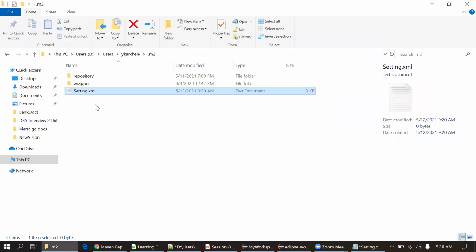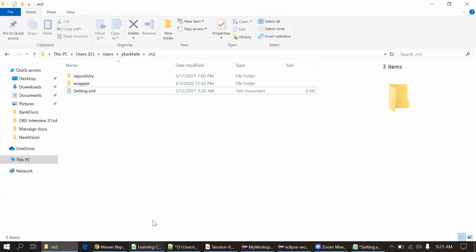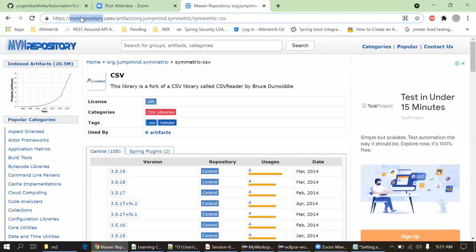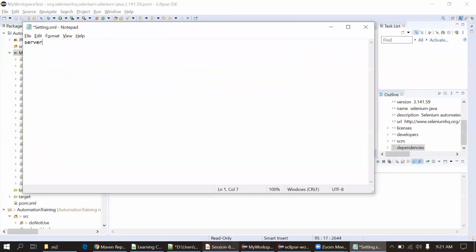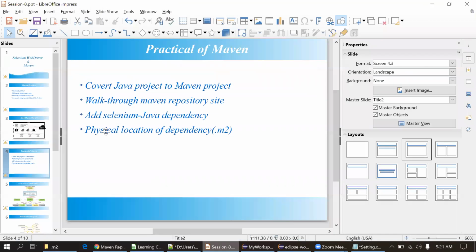From this repository, all your dependencies will get downloaded into your local system. You don't have to look for the actual global repository. You should know this. I'm telling you because for the banking domain we are not using the public Maven repository. The company has to create its own repository, and we fetch all the dependencies from it. You don't have to worry about how to set up that repository; that's the company's headache.